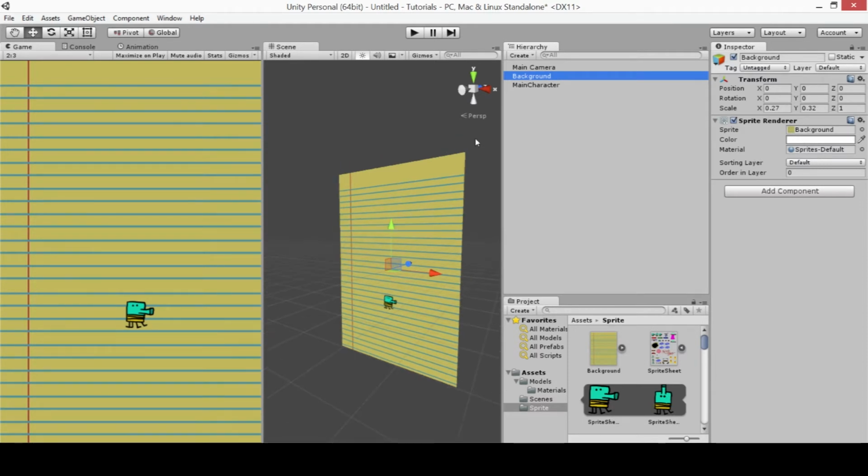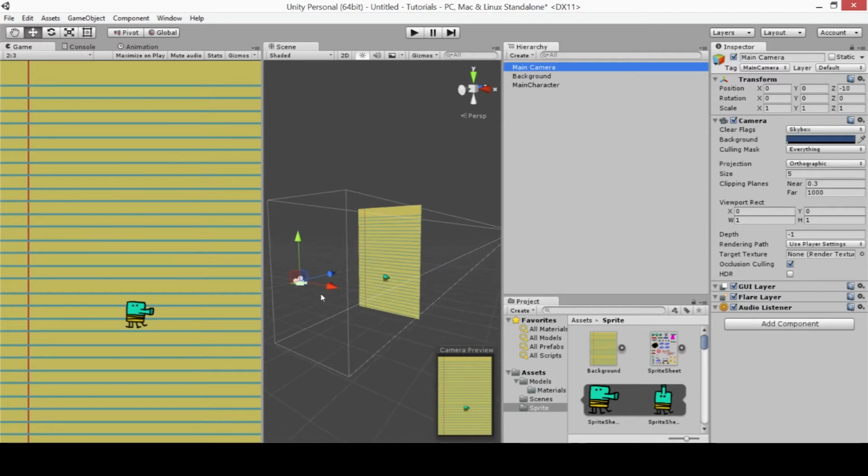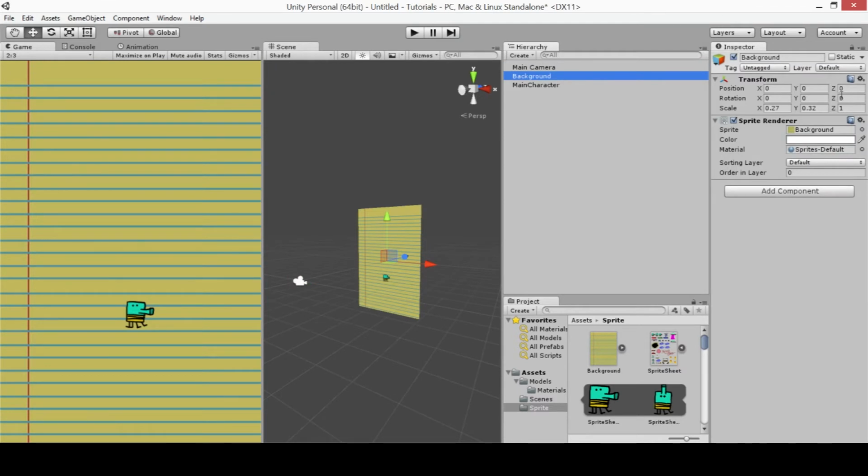And so currently our main camera is set so that it's facing up the z-axis. And so if our image is getting closer to our camera, then the z position is getting smaller. And if it's getting farther away, then our z position gets bigger. Currently, our background is set to 0 on the z-axis, and our main character is set to -0.5. This means that our main character is closer to our camera than our background, and so our main character will always be in front of our background unless we change our z position to be bigger than the position of